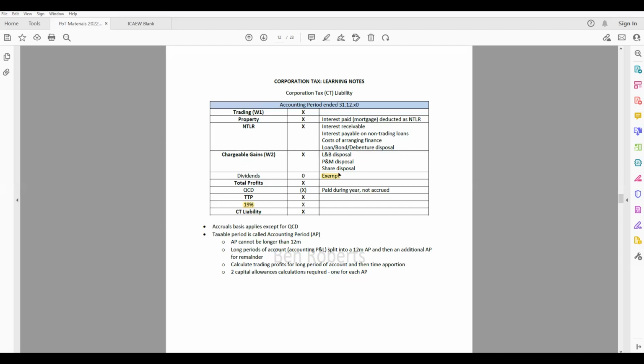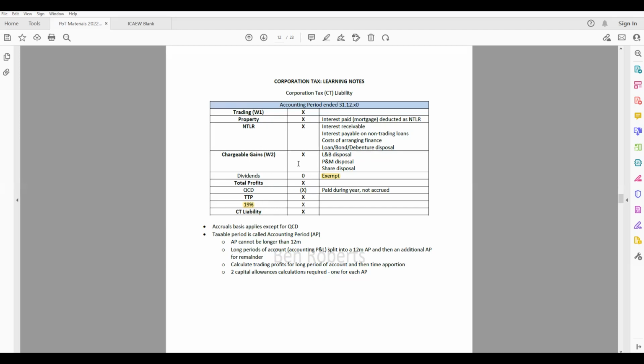And this corporation tax pro forma here that's in front of us now, this is what you need to do on those scenario questions for corporation tax. You'll be given some information about a company. You'll be given a few different types of income, and it's going to be your job on exam day to populate those questions with the different types of income. So what's going to be the total that goes into each box? And of course, your trading income is going to have the most amount of workings, but the other ones will have some things to do.